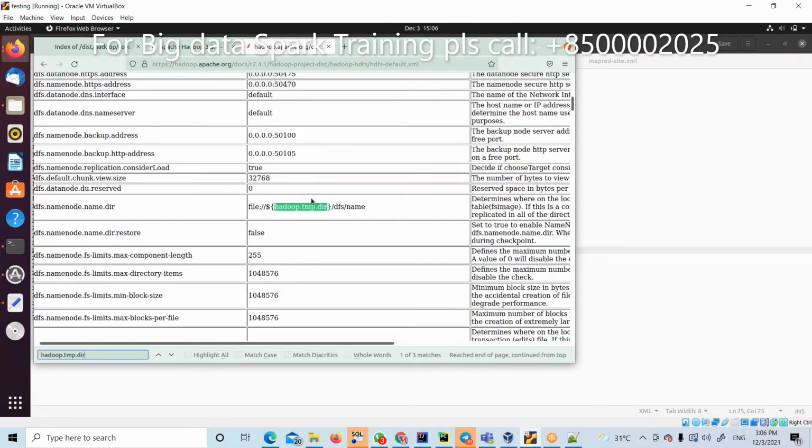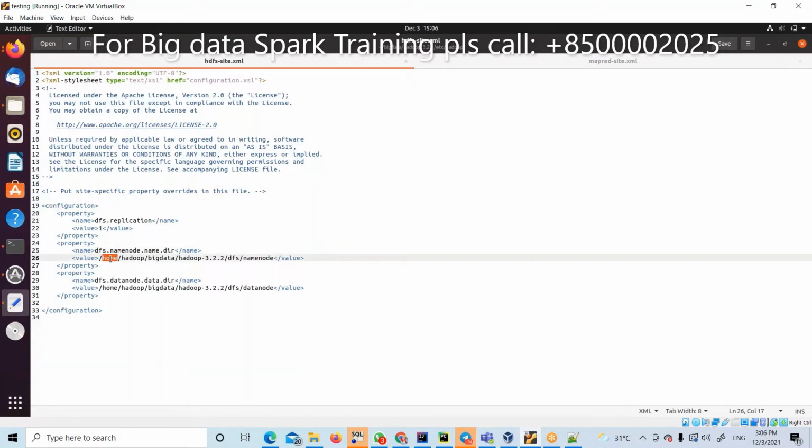So I want to overwrite, for example, this one. By default, the name node stores in this place somewhere. Instead of somewhere, what I did is copy that and paste it here. I am overwriting this. That's fine. So if you get stuck somewhere, if it is not working, you can easily debug. That's fine. Okay. Next, what happened?